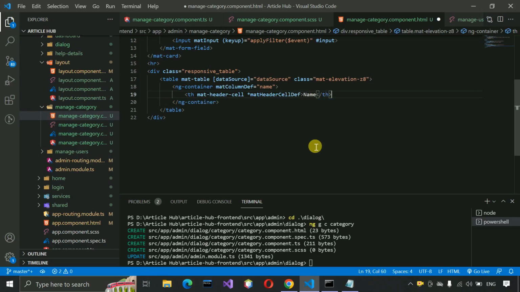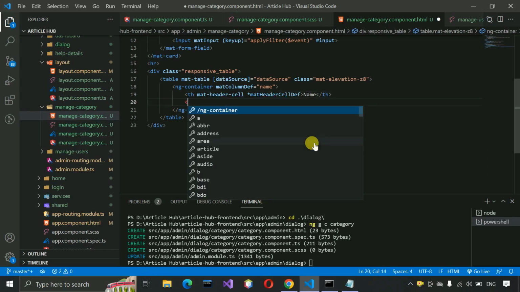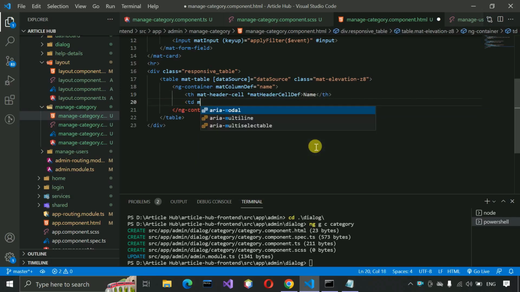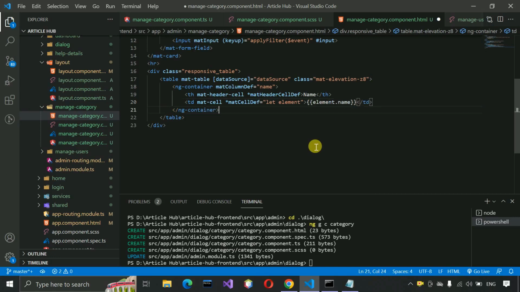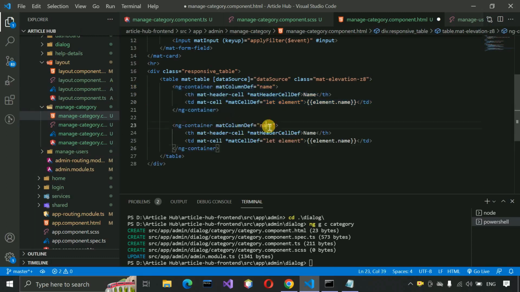After that here we have to write td mat-cell *matCellDef let element, and just close this. Then we are going to use interpolation element.name. Okay, so this part is going to show the name details. Then we just copy paste this one, and here we just need to change this to edit, and